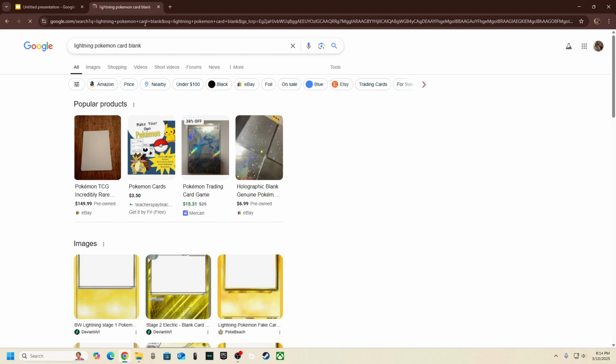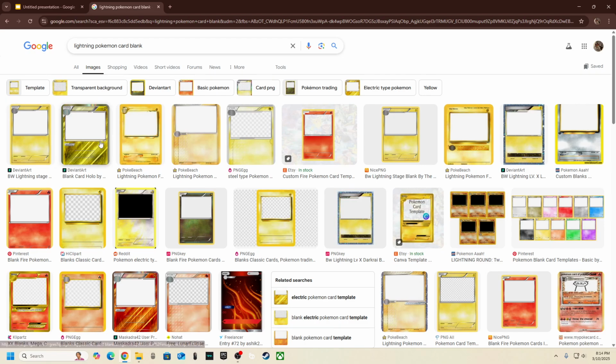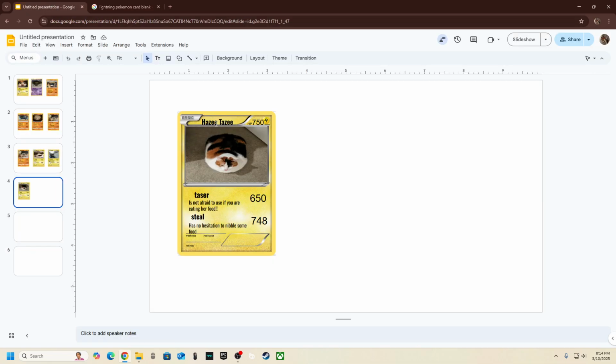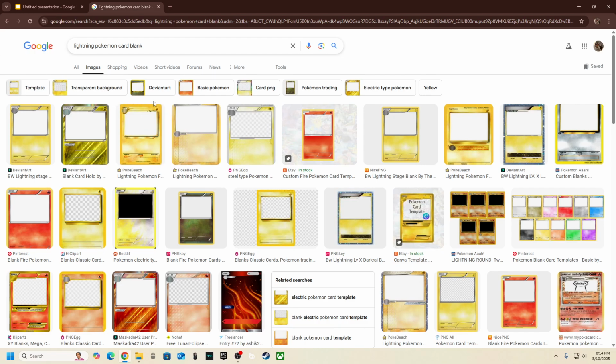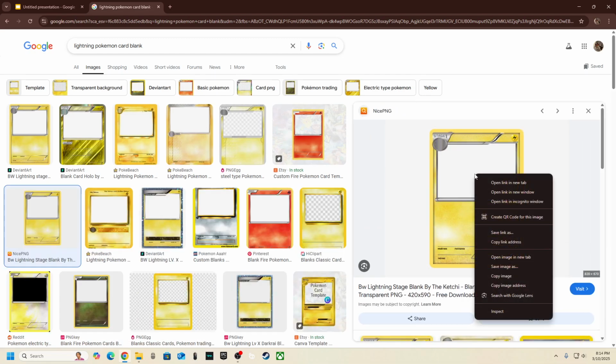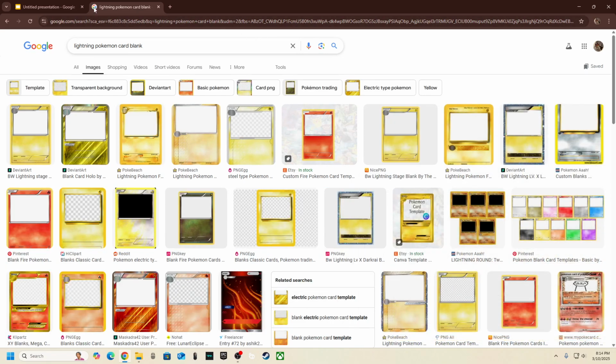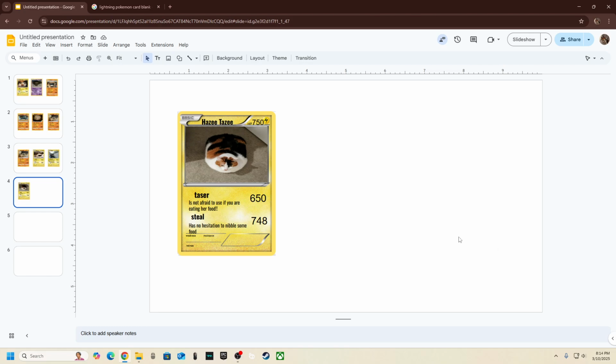Alright, search, and then you would go to images, and then pick which one you want. It can be any of these. For me, I got this one, which is one of these. This one, I think. You would right click, and then save image as, and then save it as a file, and then you would go to this, and then it would be somewhere up here in the top right. If you download, you click on it,